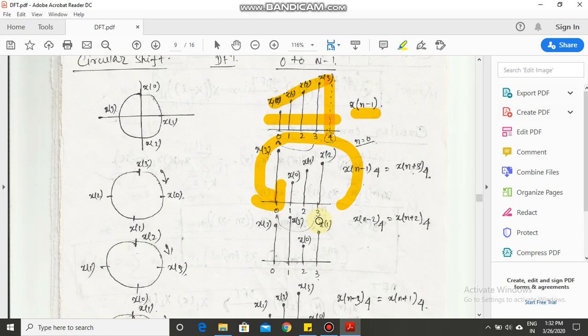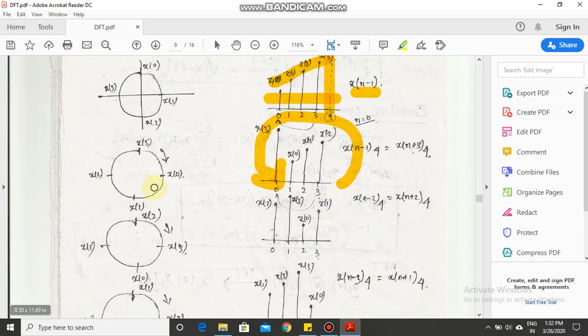Now why are we doing this? Because in discrete Fourier transform our vision will be fixed between 0 to N minus 1, because the value of k is 0 to N minus 1, and the value of n is also 0 to N minus 1. So our vision, our window, is fixed. If we do linear shifting, any sample will go outside of this window, and we may lose important information. So that is why linear shift is not valid here. We have to go for circular shift. So this is the concept of circular shifting.